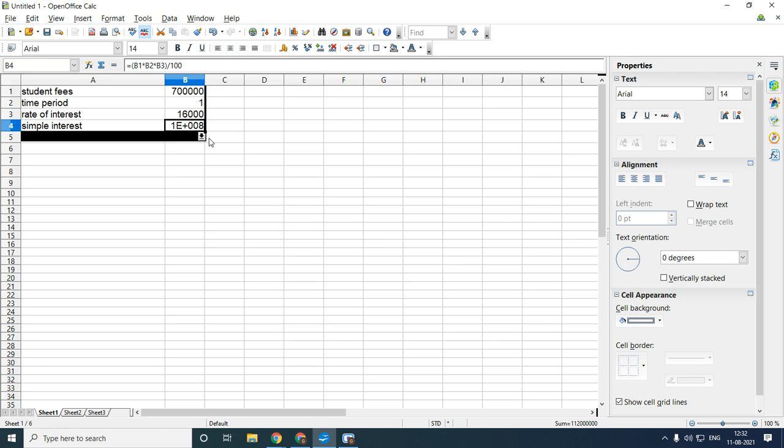Before going to start creation of goal seek, what do you mean by this goal seek? Suppose you want to set a goal and find out the target of that. First, you want the goal, as I told in your previous class.